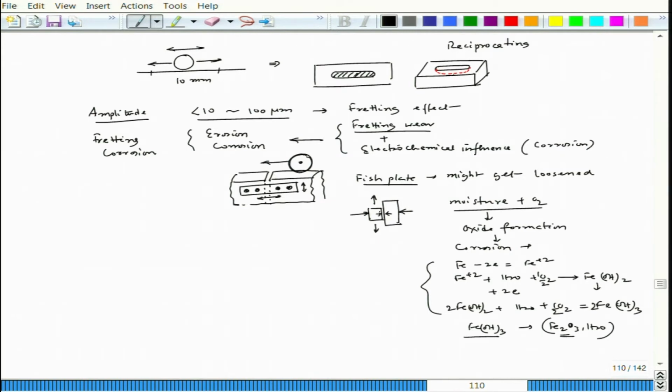At the interface you get a lot of debris, and those debris are nothing but oxide debris, which would further enhance this wear action, because these could be sharp cornered oxide particles. So, let us say this particle is a sharp edge corner particle. Those particles are held between these two meeting surfaces. When the next fretting action happens, those oxides will also give a kind of erosion action, or machining action.